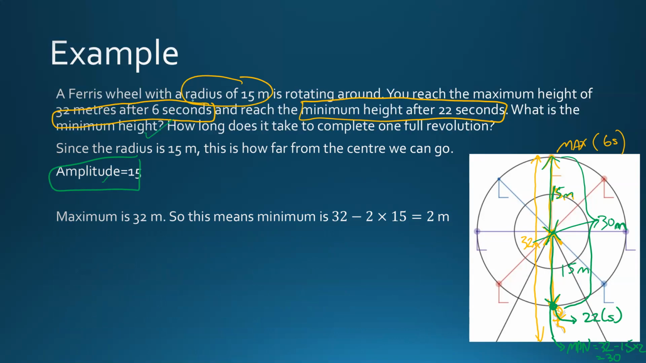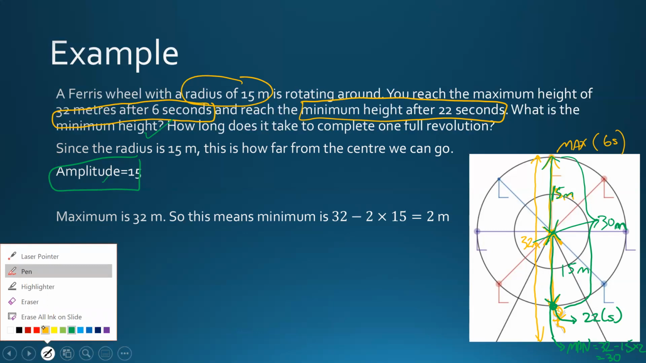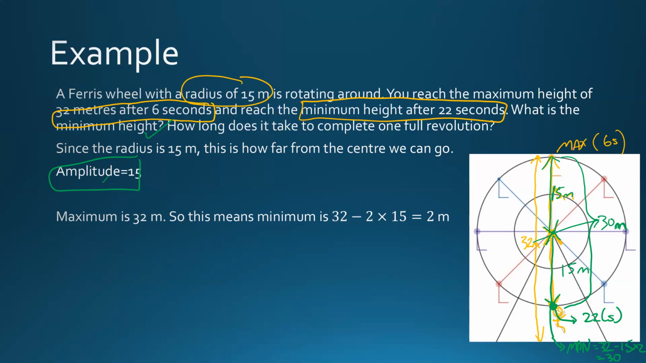How long does it take to complete one full revolution? Well, when I ask you for one full revolution, what it's really asking you is how long does it take to go around the Ferris wheel fully? So I know that it took me 6 seconds. So if I'm on this Ferris wheel, all I know is that to go from the max to the minimum, it took me 22 seconds. So that means that this distance right here, from the max to the min, was traveled in a total of how many seconds? So I need to figure out how long did it take to go from the max to the min? Well, 22 seconds minus 6 seconds, that means it took me 16 seconds to go from the max